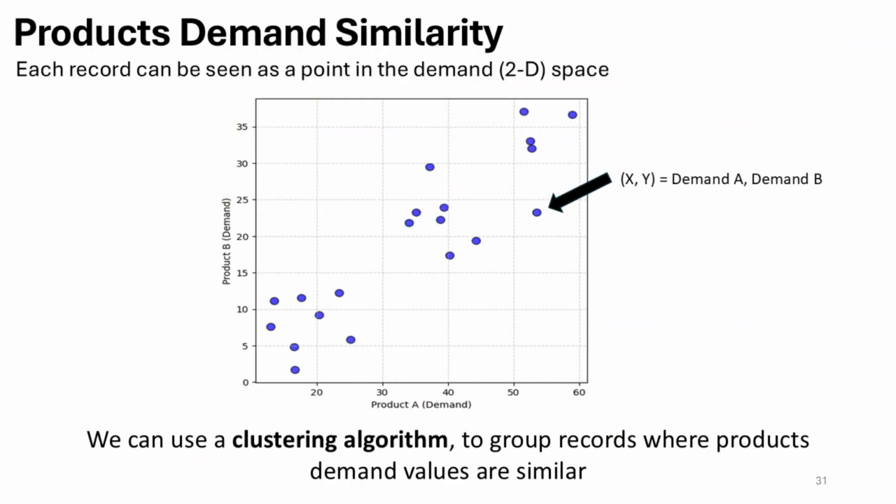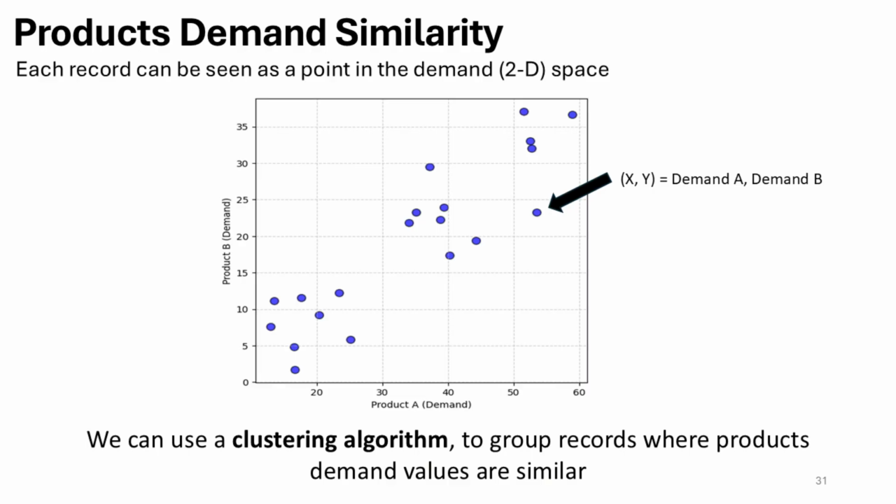Until now, we have treated the demand for product A and product B as two separate problems. However, in a real-world market, products often behave in similar patterns. This slide introduces a powerful way to visualize that relationship by plotting each historical record as a single point in a two-dimensional demand space. On the x-axis, we have the demand for product A, and on the y-axis, the demand